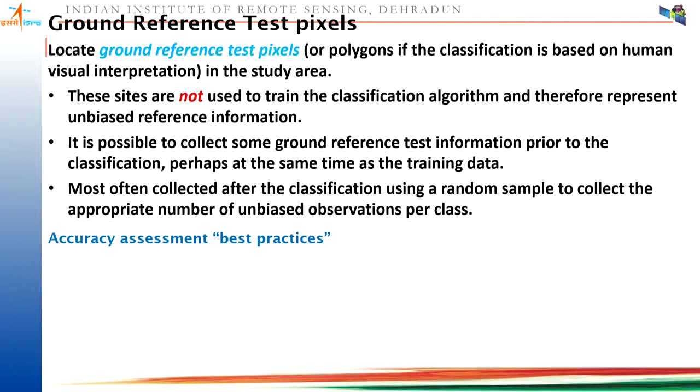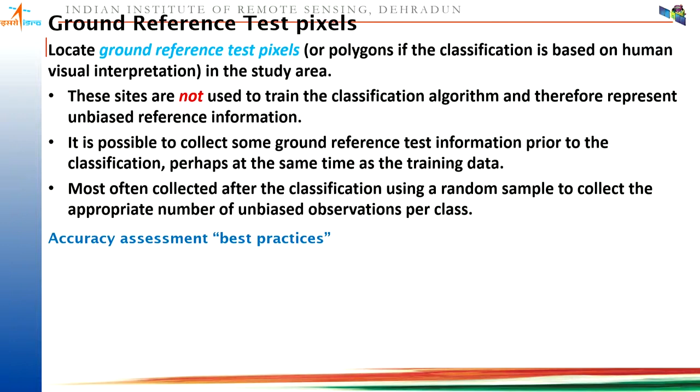Most often it is collected after the classification using a random sample to collect the appropriate number of unbiased observations per class. So this practice also can be followed, that when you are going to collect the training samples, you collect a few sample pixels, but generally after the classification is done, these sample pixels are collected in a random